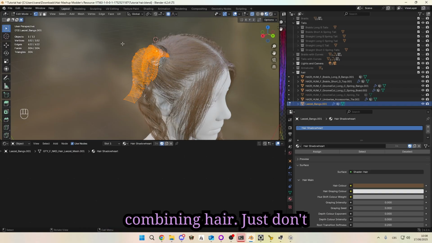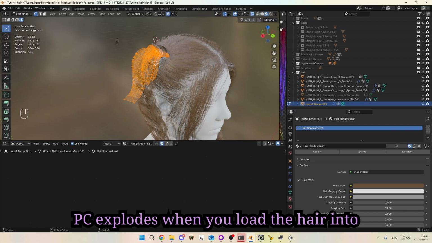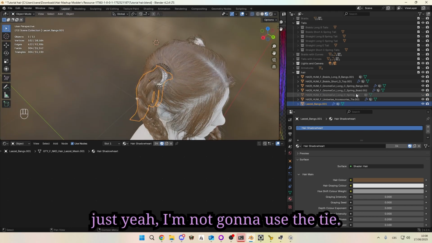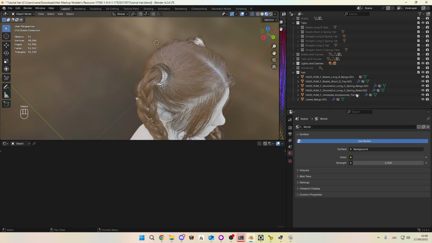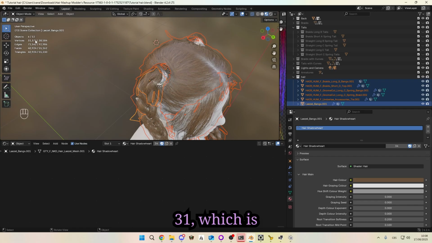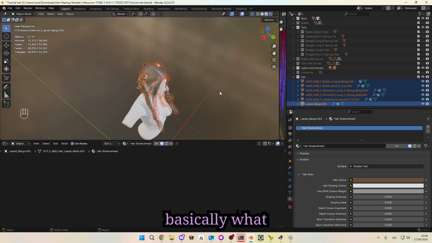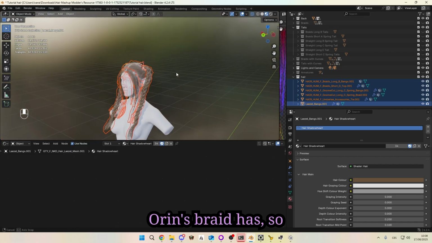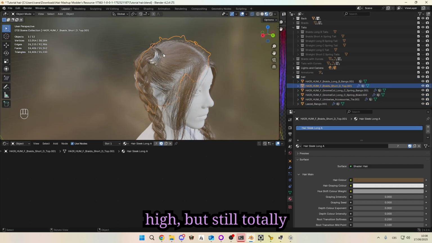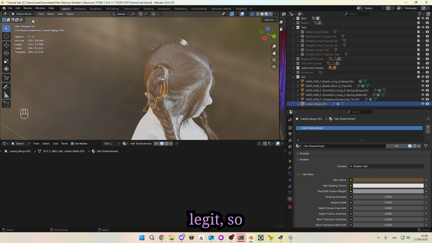So when you're combining hair, just don't go too crazy so the PC explodes when you load the hair into the game. So if I select all, we are at 31, which is basically what Orin's braid has, so it's quite good. It's quite high, but still totally legit, so